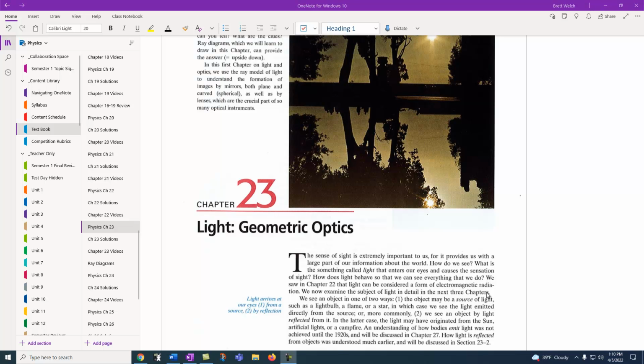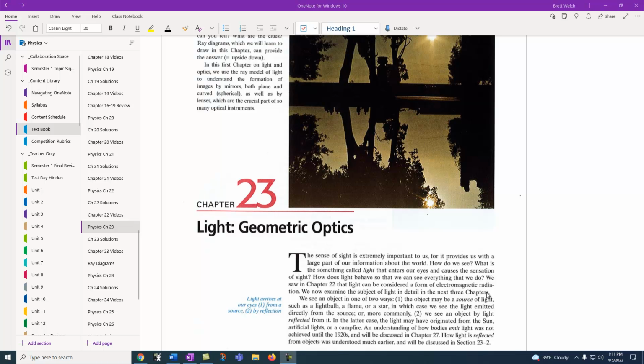Hey guys, this is going to be some notes for 23.1 through, I think, 23.3 is where we're going to go to. Here in chapter 23 we're going to be talking about optics and how light interacts with geometric shapes and objects